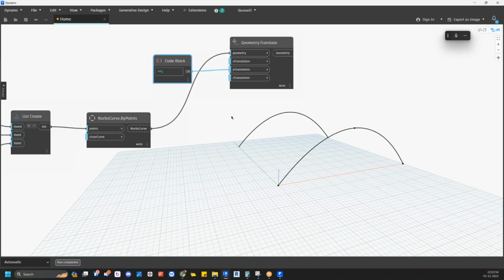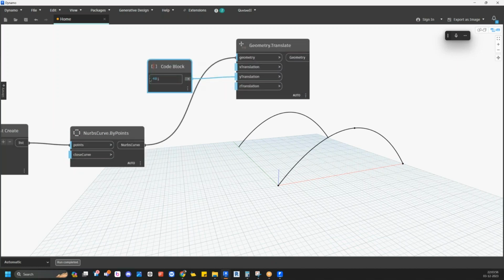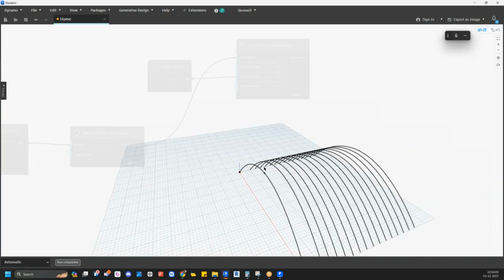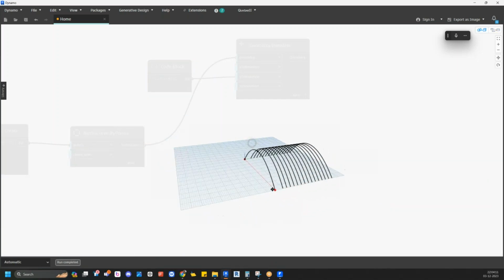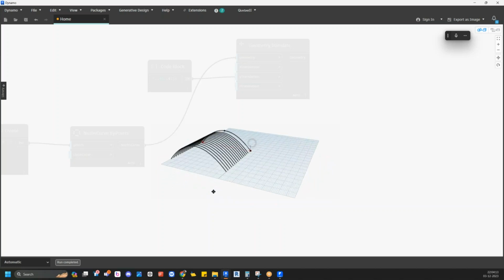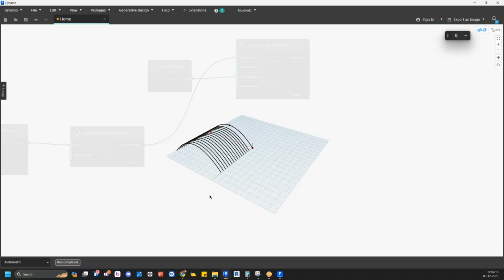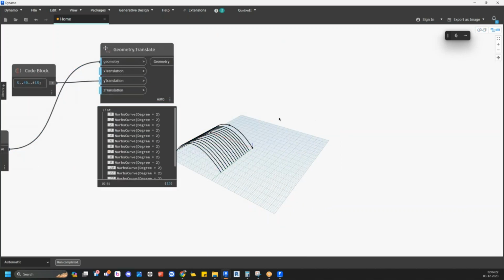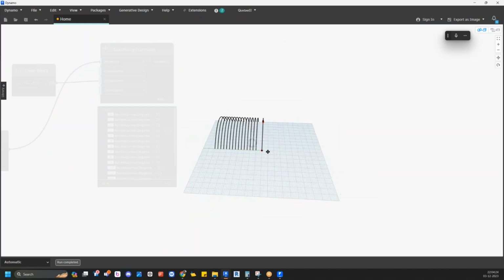I would like to see from 5 to 40 with a step, I mean, I need a total of 15 items. I can see all this 15 now. Got it. All right, now I have a total of 15 curves. So these curves,